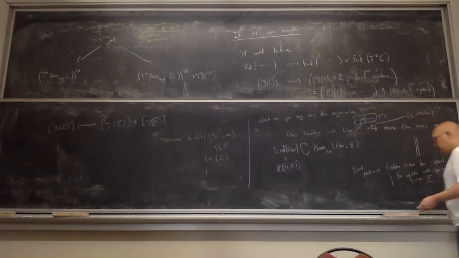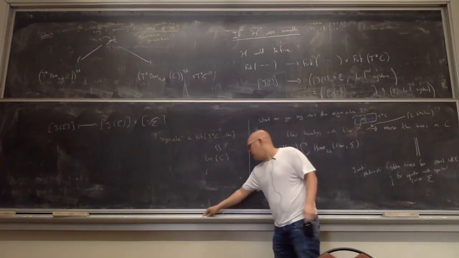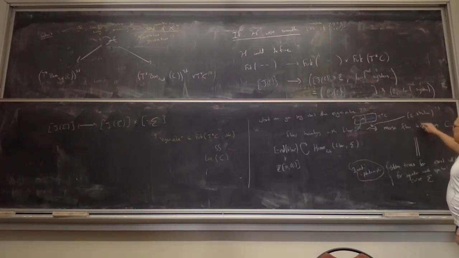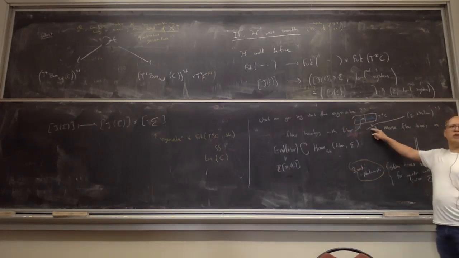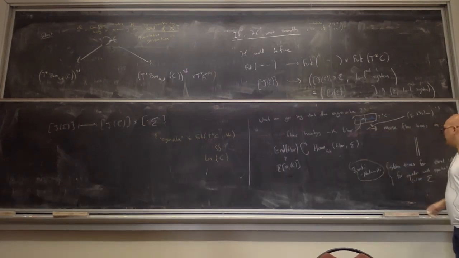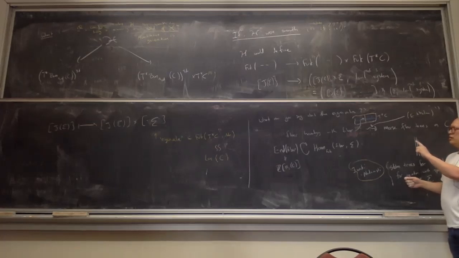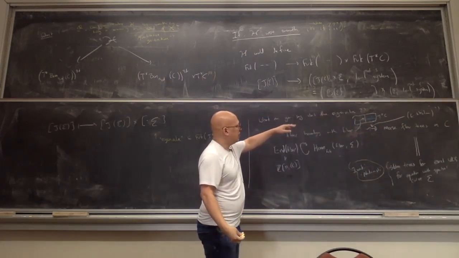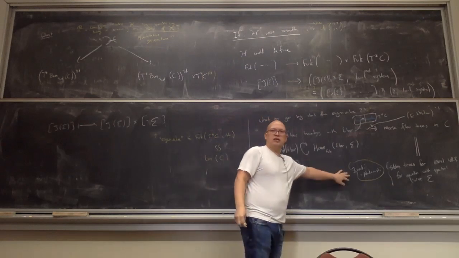The point of this discussion is that if you were to somehow write down this arrow, so Ekholm writes down something similar in the exact case, but probably the same arguments do it here. If you were to write down this arrow and do this comparison, which of course is not in the literature, then you would learn that two different ways of computing the eigenvalue are the same. Given sigma, you can either take Floer homology with the fiber and compute the eigenvalue that way, or you can do this kind of quantization.